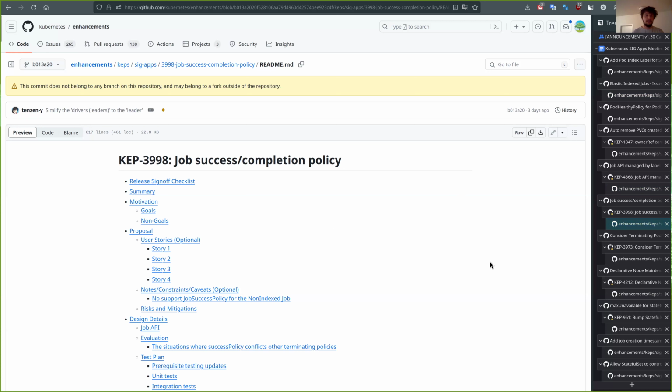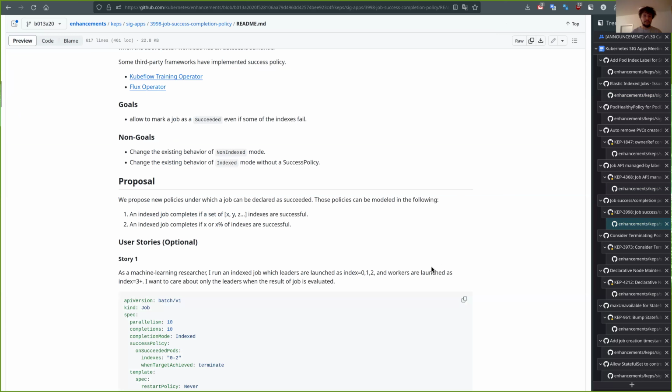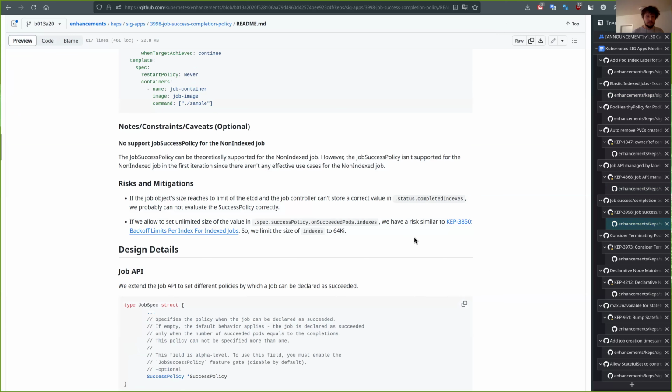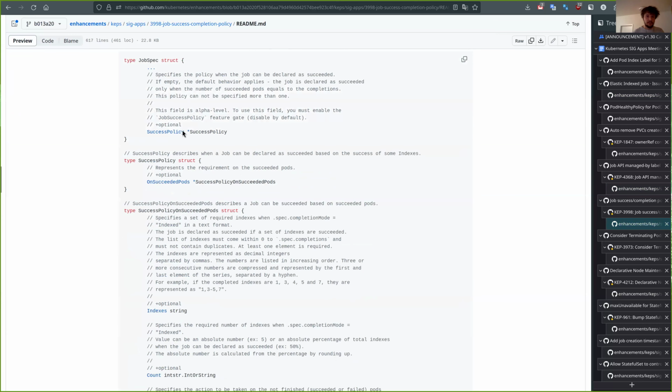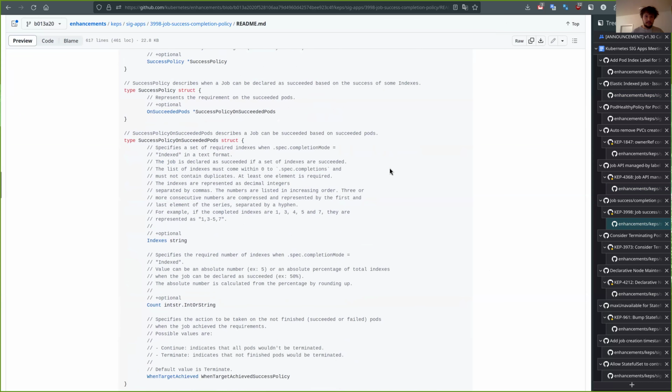But for now, we can at least see that there are some validations, restrictions regarding this new API and the completions field. So this is the suggested API, and